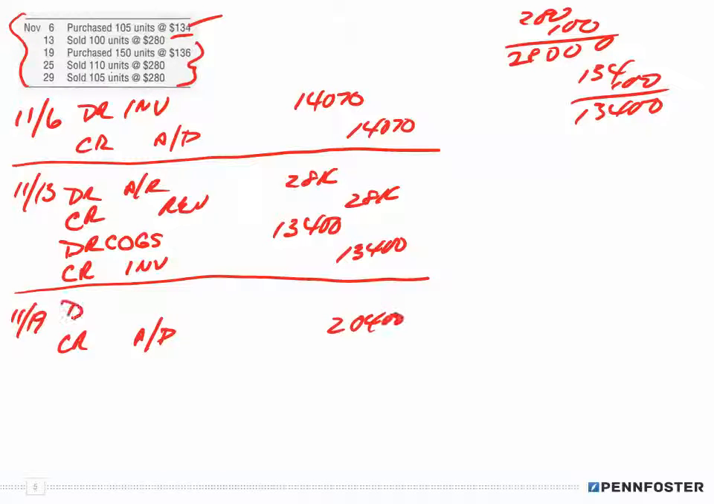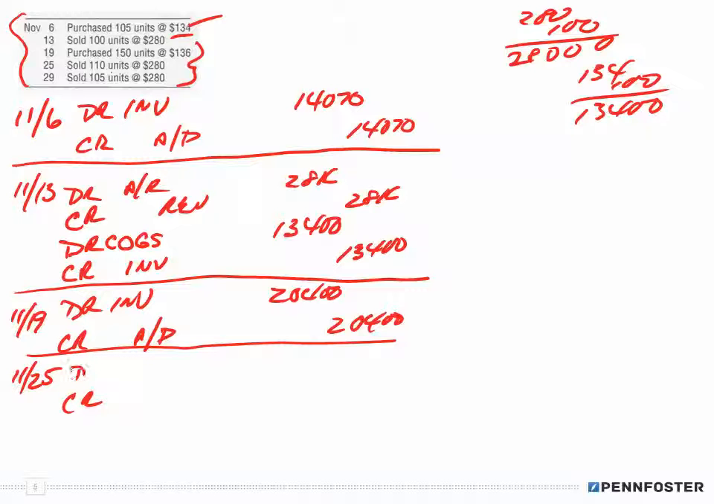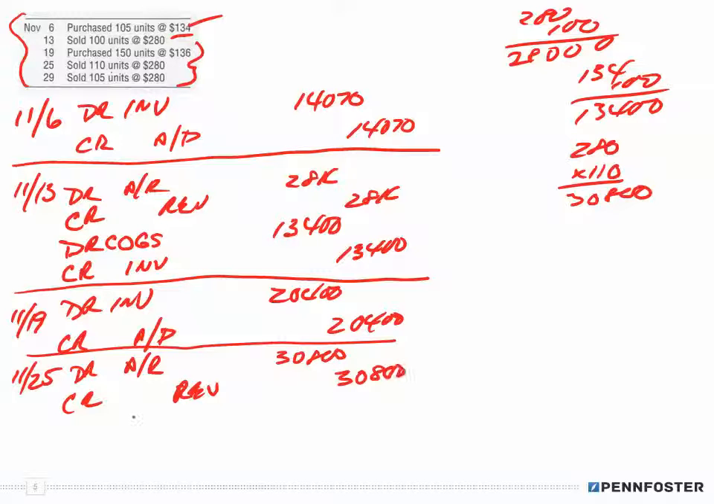20,400. So I debit my inventory for 20,400. So that's my entry for 11/19. On 11/25, we're going to debit accounts receivable because we're making a sale, and we're going to credit revenue, and we're selling 110. So 280 times $110 gives me 30,800. So I debit my receivables 30,800, credit my revenue 30,800, and of course I have to